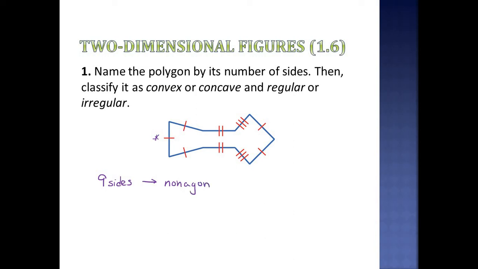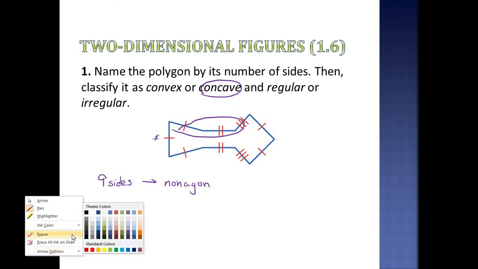Now, convex or concave, it might be easier to think about concavity first. Well, does this polygon seem to cave in anywhere? Well, it seems to cave in twice. It seems to cave in right here, and also on the flip side of it. So this one here is concave,